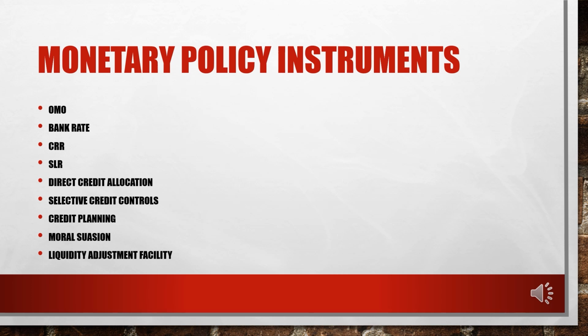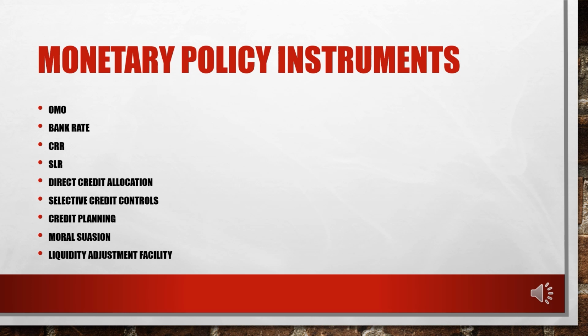Here, if you remember, what do we mean by demand and time liabilities? It means the deposits, your saving deposits or your time deposits or your fixed deposits, right? So a certain percentage of total deposits has to be kept with RBI as a reserve. It is 6 or 7%. It varies on the basis of the liquidity conditions in the market.